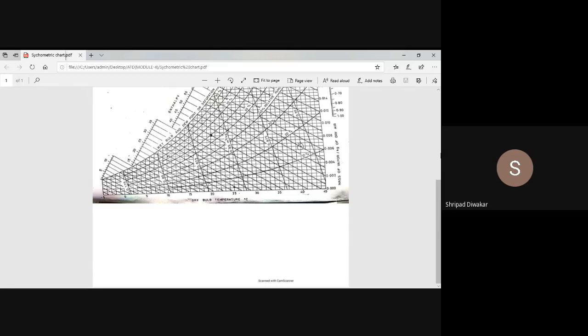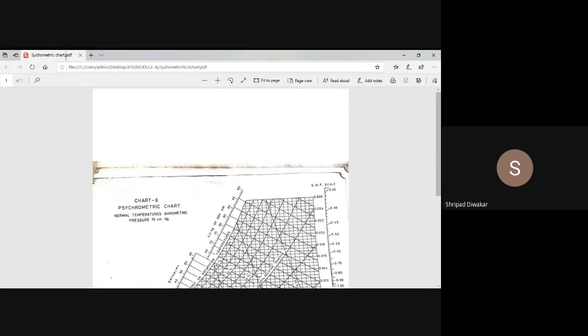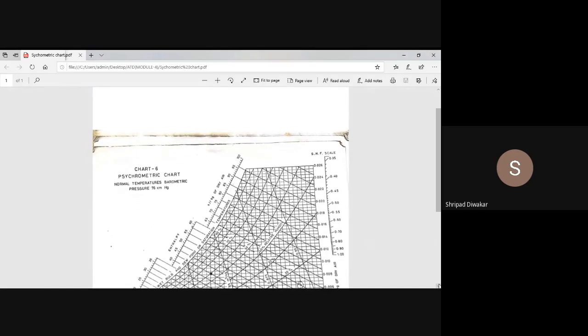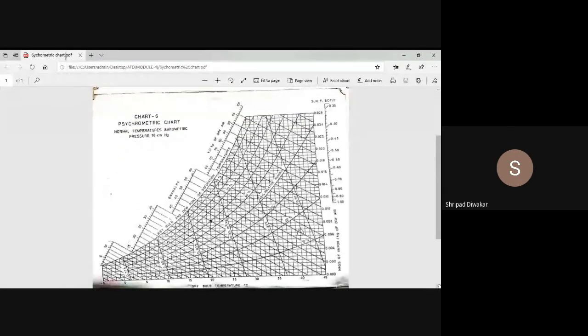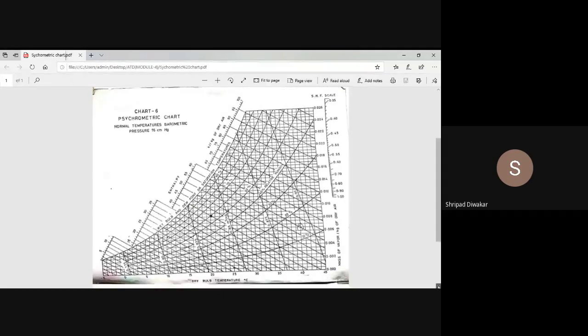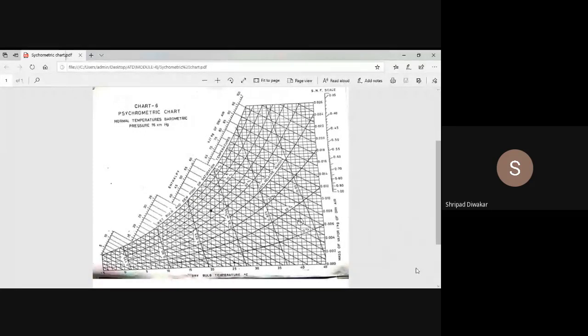Already you know psychrometry is the science which deals with the study of the properties of moist air. Moist air means what? It is a combination of dry air and water particles in suspension. The first term related to the psychrometric chart is dry bulb temperature. Dry bulb temperature is the temperature of dry air, usually measured by a normal thermometer.